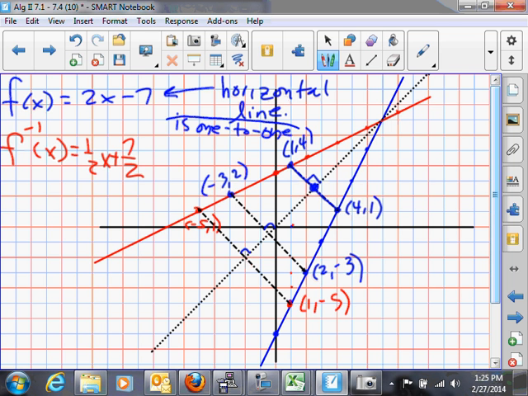Well, if it is, that means that it passes the horizontal line test, and it means that its inverse is a function. So is a graph one-to-one? You can use the horizontal line test to say whether it is. Is the inverse of a function a function? Again, you can use the horizontal line test to test that. And then, of course, the question that we really shouldn't ask but do: does f have an inverse? You use the horizontal line test to test that. All right, now,